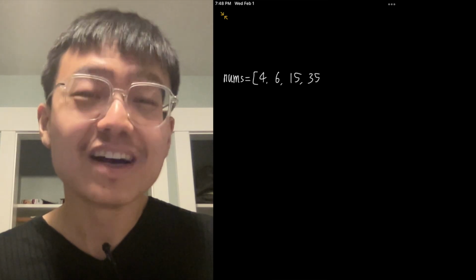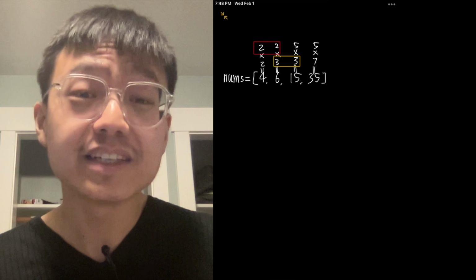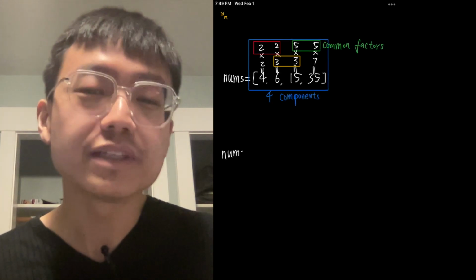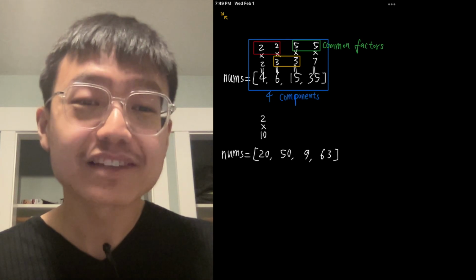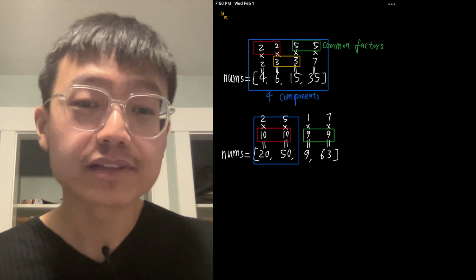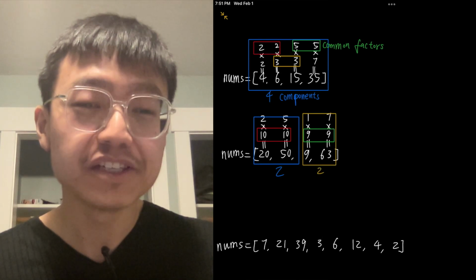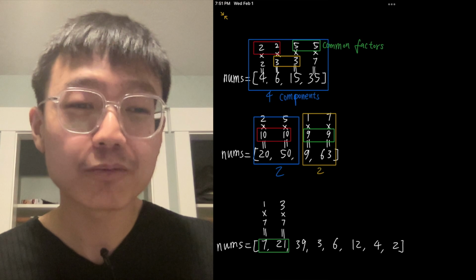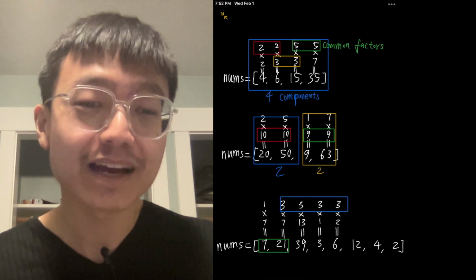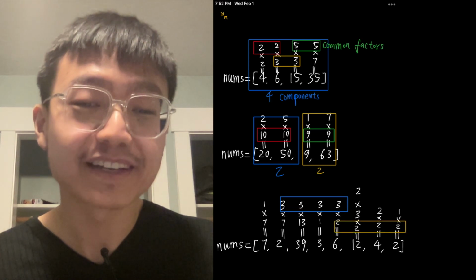Let's look at the question, largest component size by common factor. We are given an integer array of unique positive integer names, and we should consider the following graph. There are length of names nodes labeled from names[0] to names[length of names - 1]. If names[i] and names[j] share a common factor greater than 1, then there is an undirected edge between names[i] and names[j], and we should return the size of the largest connected component